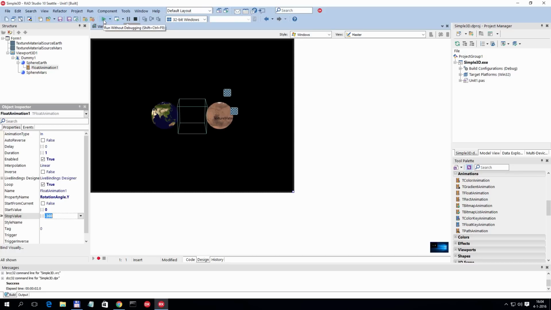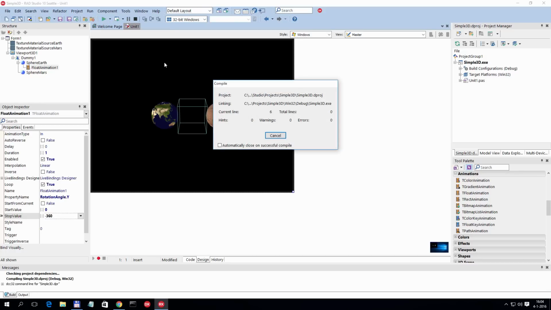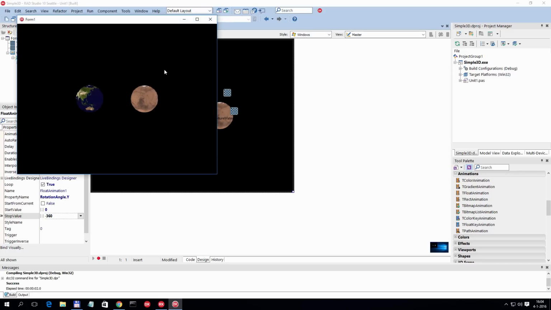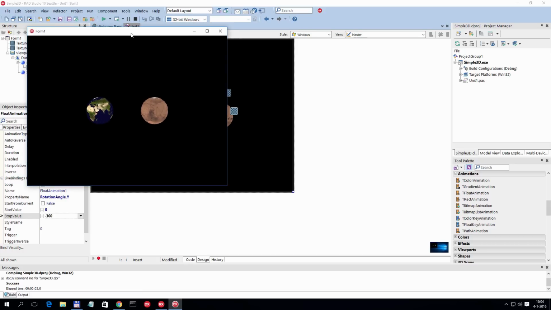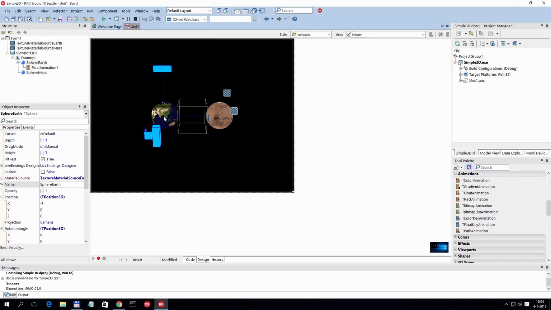direction. And let's see what we have here right now. Okay, so this is my earth is now rotating. So this is actually, I have not written any line of code, so this is exactly the same steps for Object Pascal and for C++ Builder, and I have a nice visualization of a rotating earth. What is also very interesting is that this is interactive. So if user clicks on different elements, he can actually